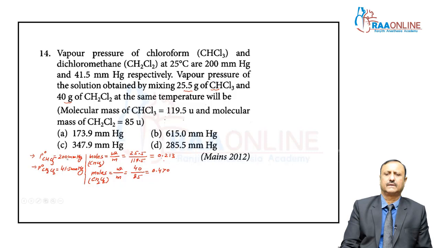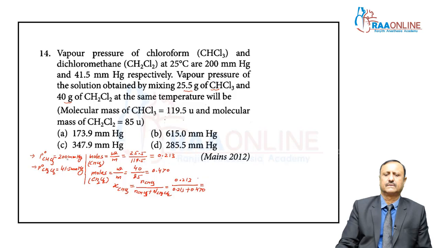Now we can get the X of chloroform, because when we calculate the vapor pressure, X must be known. So X of chloroform equals the number of moles of chloroform divided by N chloroform plus N CH2Cl2. So my dear students, you can put these N values: N chloroform is 0.213, so 0.213 plus 0.470, and you can get